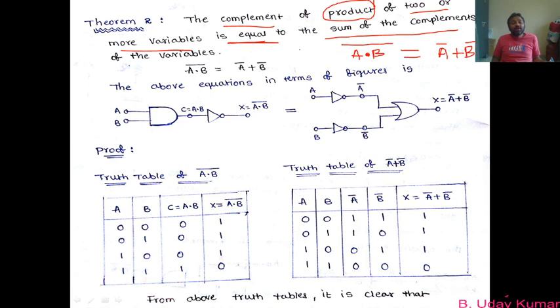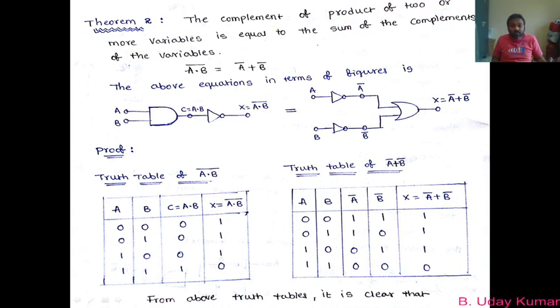So the mathematical conversion of De Morgan's first theorem and second theorem from the statement, I hope it is clear. If you want me to repeat, I will once again repeat it, because the conversion is very important for the derivation or proof part. So once again I am repeating this, please check it out. I have taken the variables as A and B here. Let me do the left hand side. What is the statement here? The complement of the product of two variables. The product of two variables is written as A dot B. So this becomes the left hand side of De Morgan's second theorem.